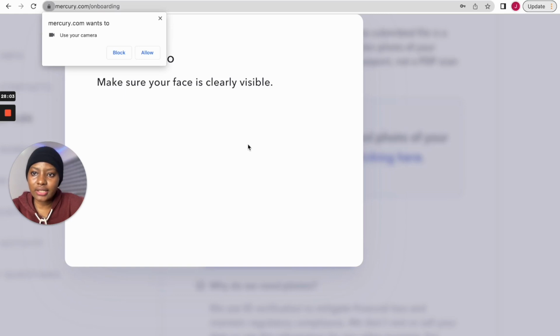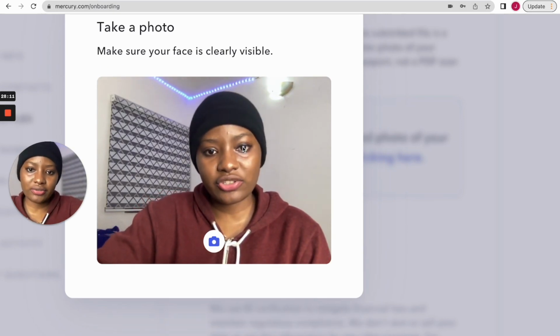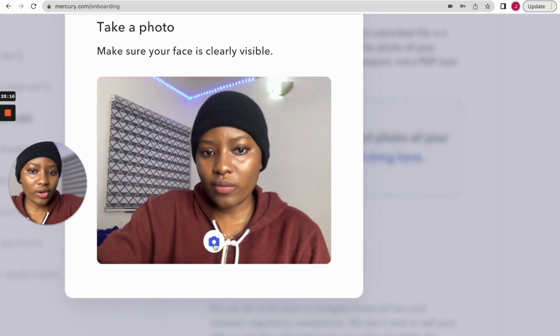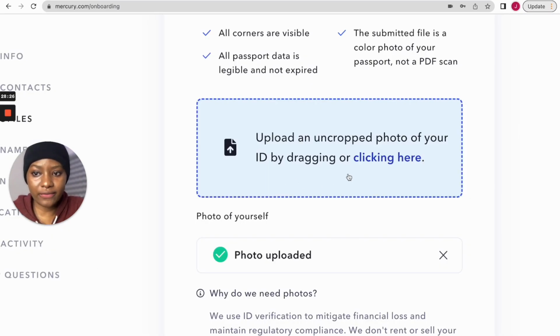And if you click there, it will ask to use your phone camera or your laptop camera, and if you click on allow, then you're going to show up here, and then just pause and then click on the camera icon. All right, so use this photo, and my photo is uploaded,